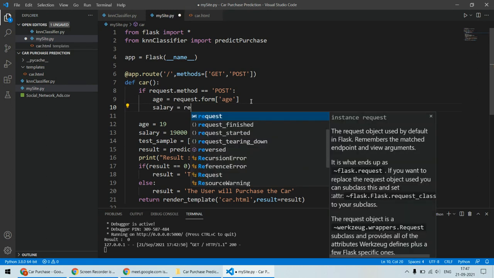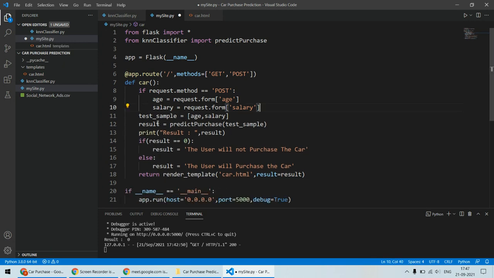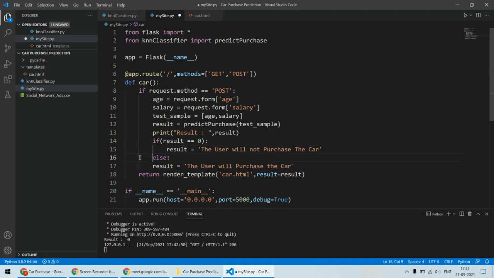सैलरी के लिए भी वही करो, request.form, इसके अंदर से सैलरी ले लो। अभी right now, this is not required, ये सब कुछ अभी नहीं चाहिए, क्योंकि हम वहां से इन सब वैल्यूज को लेंगे, और इसको शिफ्ट करना होगा आगे, इसको भी, इसको भी आगे करेंगे, and this one and this one, and of course this one. लेकिन ये पोस्ट होने के बाद, लेकिन अगर पोस्टिंग नहीं होगा तो क्या डिस्प्ले करेगा, तो वहाँ पे कुछ तो HTML टेम्पलेट होना ही चाहिए, so this should be here also, लेकिन इसके अंदर ये रिजल्ट नहीं जाएगा, एम्प्टी दिखाएगा।